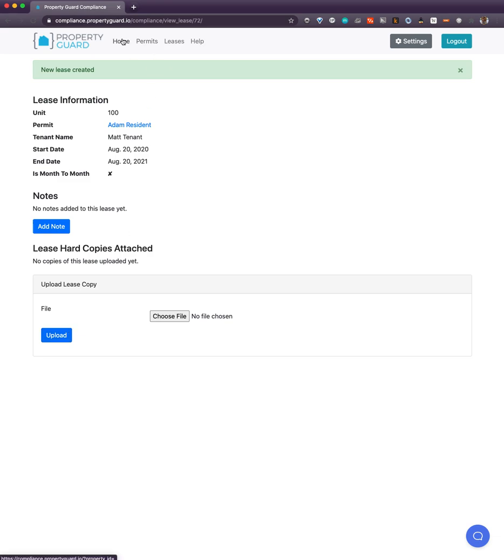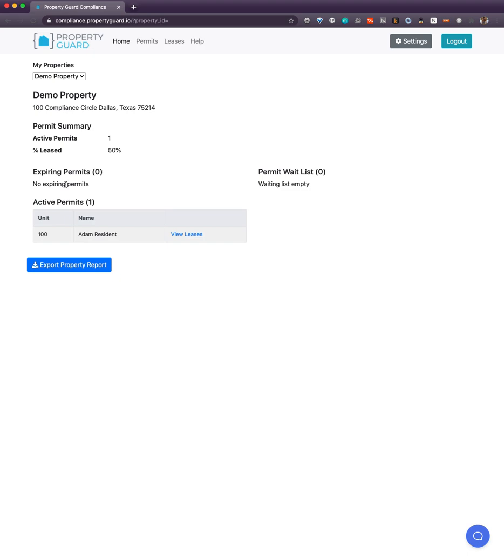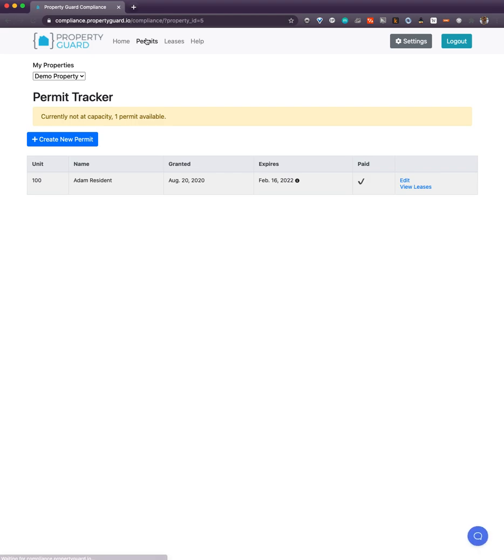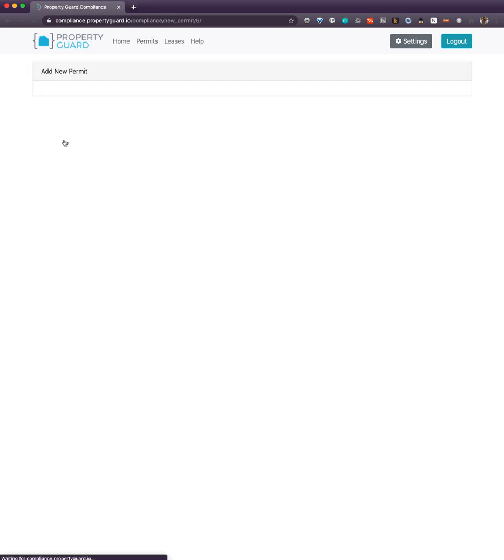Okay, so we go back home now. We can see that we have one active permit. We know that, we just made it. We can see the permit and view the leases. And we don't have any expiring permits. Expiring permits expire in the next 3 months. We'll make one that is about to expire. And we don't have a wait list because if we go back to permits, we still have one permit we can make. So let's create a